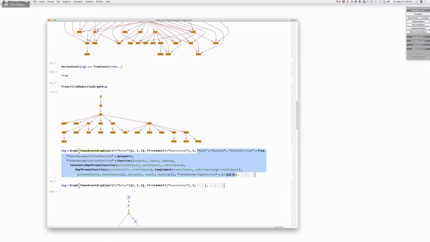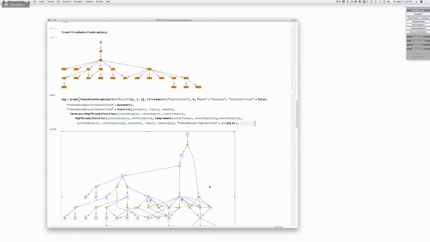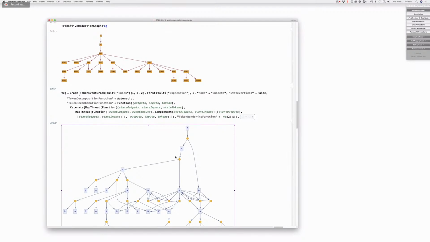So we have state vertices goes to true. Just make it false. Okay. So we've got the A goes, so here you haven't shown the different rules in any different distinguished way here. But basically, that's an A goes to AB node, and somewhere we'll have a BB goes to something or other node.